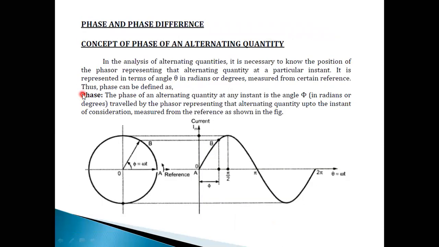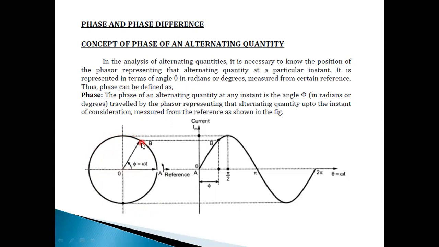Next, we have another concept: phase and phase difference. Let me take a phasor. A phasor has magnitude, direction, and is a time varying quantity. Let this one be 0 here. It can change from 0 up to this angle, which may be phi. Observe this: it is a complete circle. I would like to take a projection from this point to this point. This phasor will travel in the anti-clockwise direction.